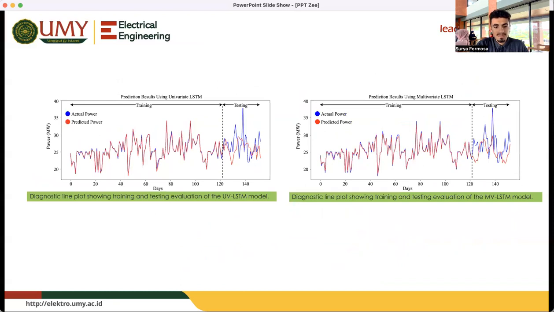And here, in the left table, we're using univariate LSTM. After we separate the training and testing, we can say that the predictive power has improved more and more. And in the right table, it's the result using multivariate LSTM. It showed that the MV-LSTM model